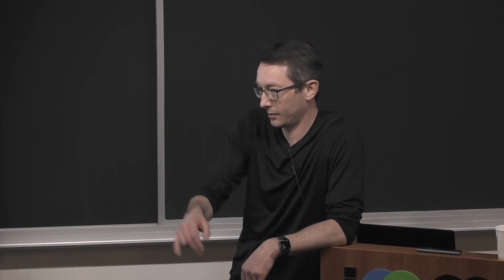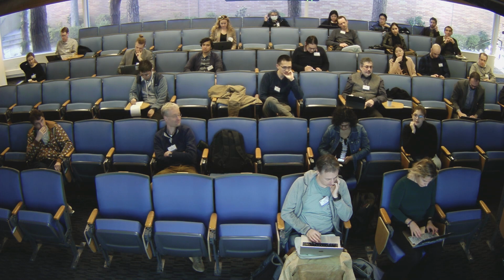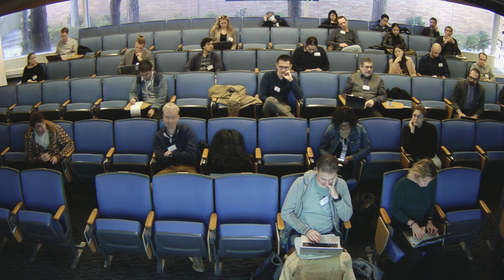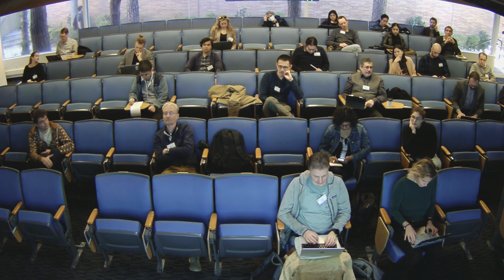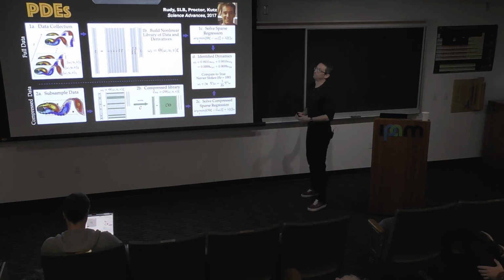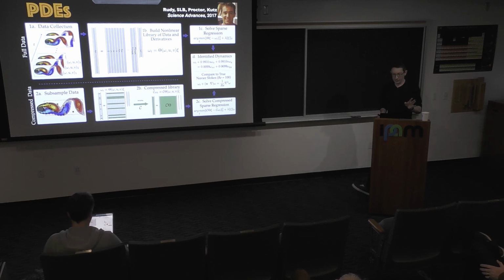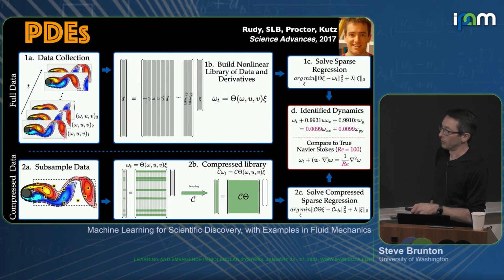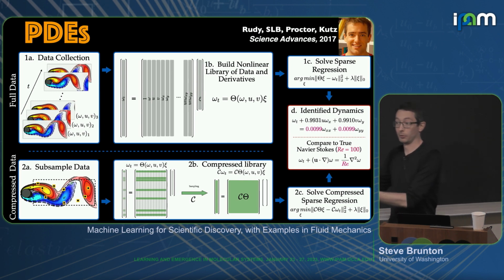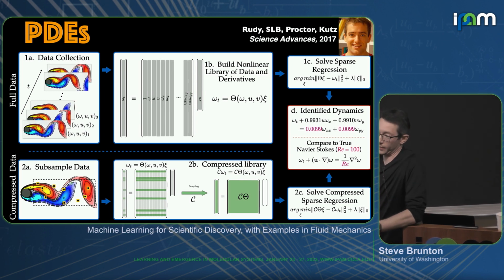Great question. Yes? Are there any theoretical guarantees on the amount of data you need to get a certain accuracy in your reconstruction? Yeah, that's a really good question. This is a bit outside of my expertise. I know a little bit about this. There certainly are lots of theories on when this sparse regression problem will and will not work, for the lasso problem in particular. So it's very well studied for lasso.